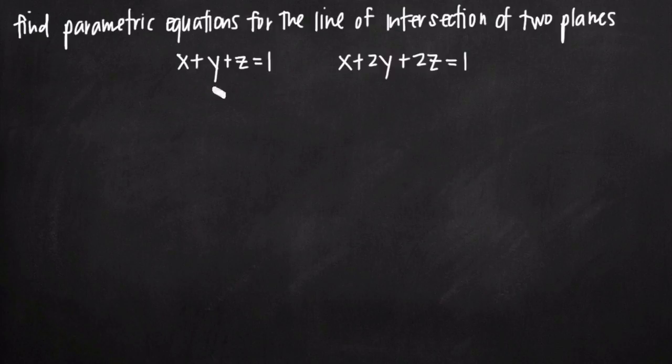What we want to do is find the equation of that line, and more specifically, we need to find parametric equations that define that line. In order to find those parametric equations, we need two things. We need the cross product of the normal vectors of each of these planes, and we need a point on the line. So the first thing we need to do is find the normal vector to each of these planes,